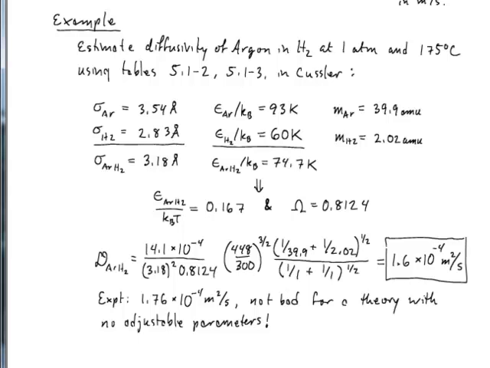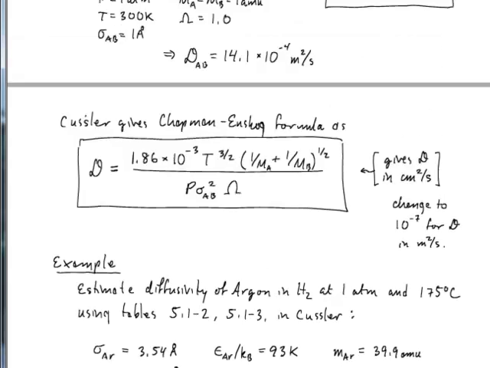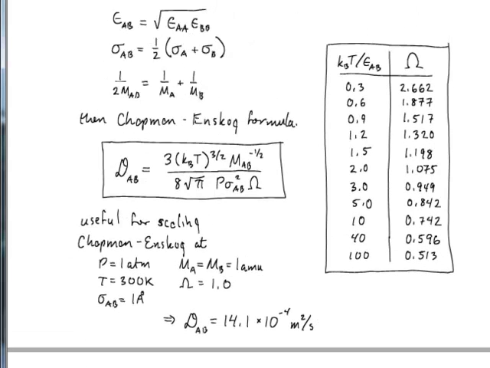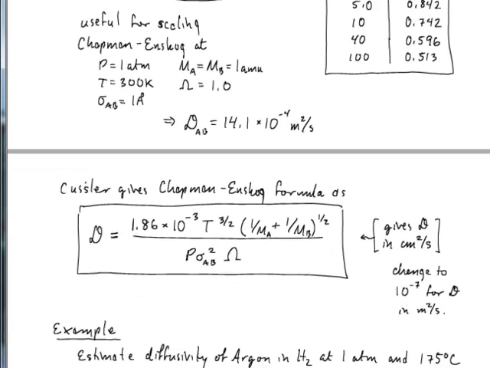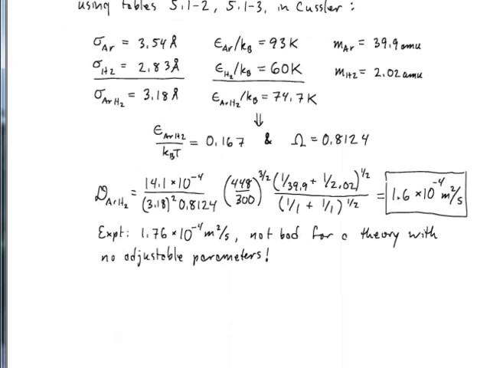Okay, so now going back up to the chart, we can look and see where that places us. Okay, so we've got epsilon over kBT. Now be careful, that actually corresponds to a kT over epsilon of about 6, which should be somewhere in the neighborhood of here. Looks like about 0.81 or so, and that's where this value came from. So the omega of 0.81 came from inverting this to get kT over epsilon and then reading it off of that chart. Okay, so there's my value of omega.